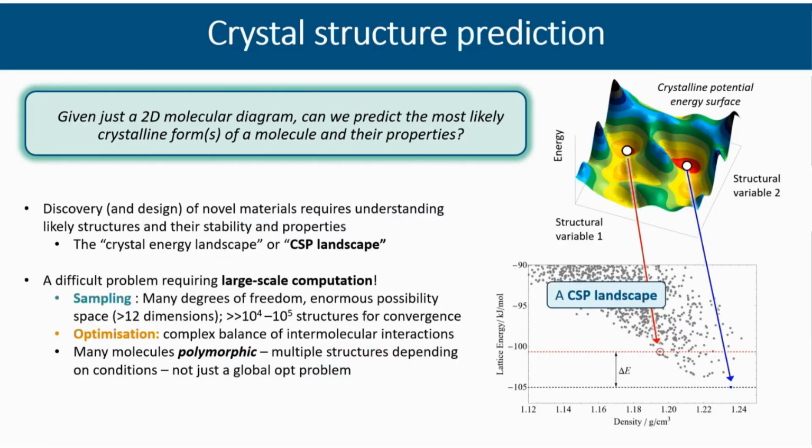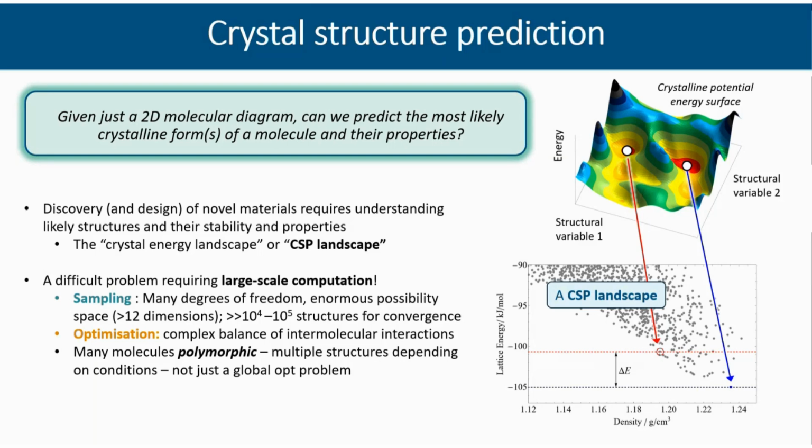So what does crystal structure prediction, or CSP, actually entail? Well, the fundamental element of knowledge in CSP is this concept of the crystal energy landscape. So the potential energy surface that is defined by the crystalline degrees of freedom, the molecular positions and orientations in the unit cell, and the lattice parameters that describe the shape and size of the unit cell. So if you can predict the shape and size of the unit cell and predict the molecule's positions and orientations within them, then you have the crystal structure. But this is actually quite a difficult problem that requires large-scale computation.